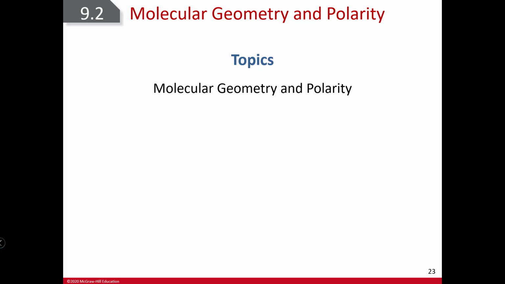All right, continuing on with chapter 9, we've talked about how we use Lewis structures and then apply VSEPR theory to those Lewis structures to determine geometries or shapes. And we talked about two different types of geometries, electron domain geometries, which include both the bonding and non-bonding pairs, and also the molecular geometries, which focus on just